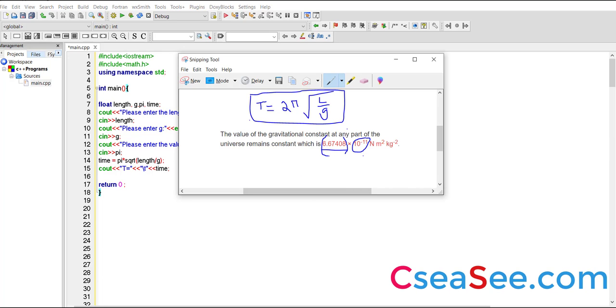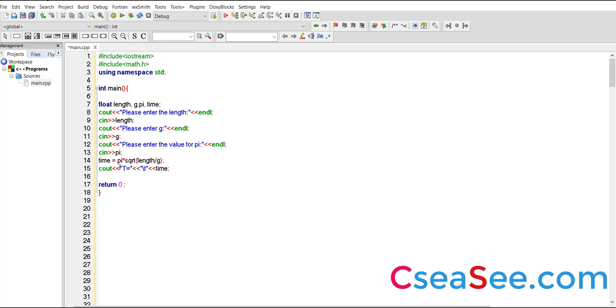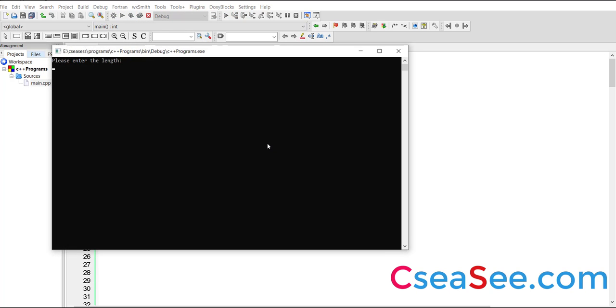So as I mentioned to you, I have just utilized this formula, t is equal to 2 times pi. Okay, so I need a 2 there, so I will place 2 into pi times sqrt. So that's fine. So I'm saving it. So I'll give a length and the gravity. So please enter the length, say 20. It doesn't matter, the unit is not specified here. So this is the value we have got,